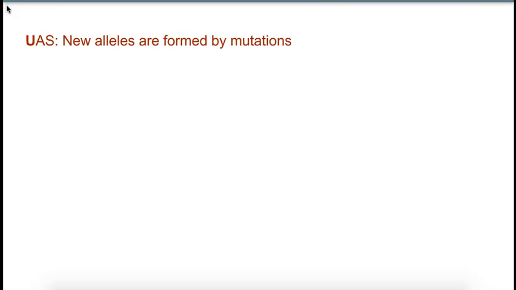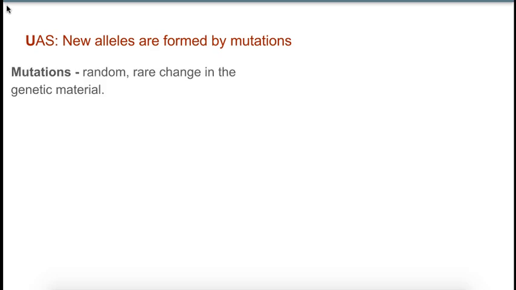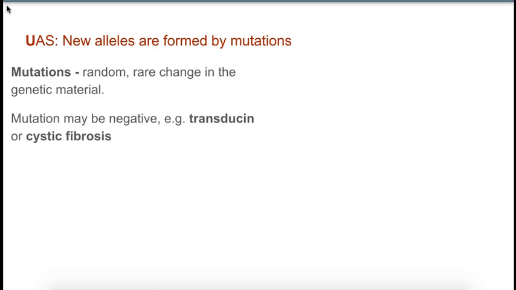So again, new alleles are formed by mutations. Mutations are random, rare changes in the genetic material. We'll look at the possible sources of these later. Mutations may be negative. Transducin, I think you would agree, is a negative trait, and we'll also look at cystic fibrosis as an example. Mutations might actually be positive. One example we'll look at, which you might argue for, is sickle cell anemia in places where malaria is prevalent, and also